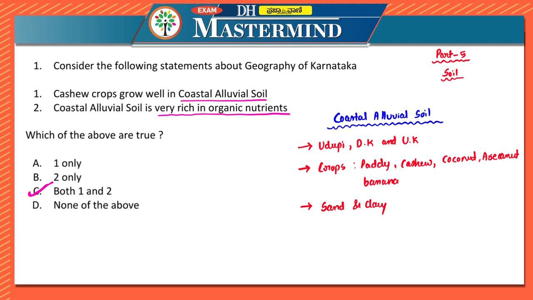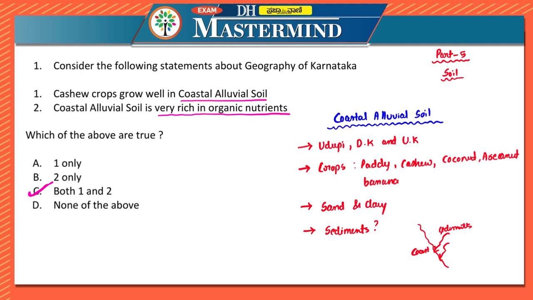This type of soil itself is formed in the coast because of the deposition of alluvium and sediments. So why is there deposition of sediments? That is because whenever you look at the coast, river usually flows into the ocean or into the sea, correct? So on the course of that river itself, they'll be carrying a lot of materials which is called sediments. So over the time, that sediments and alluvium together, that deposition forms the coastal alluvial soil. Okay, I hope you have understood about this.